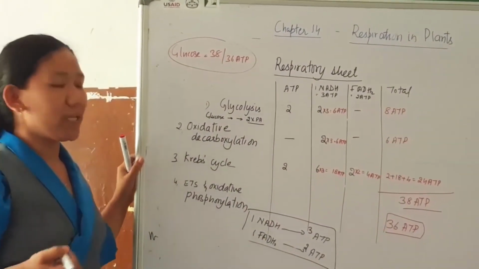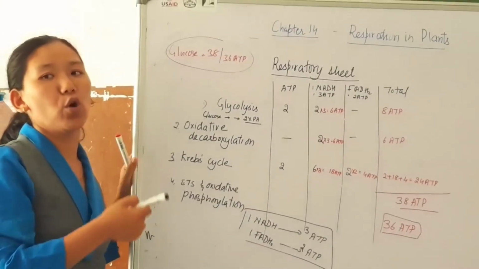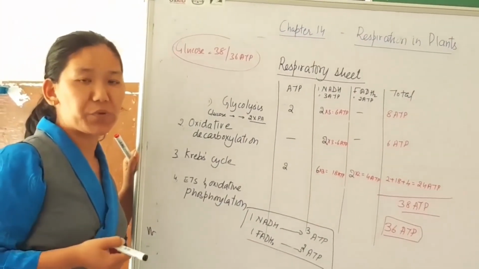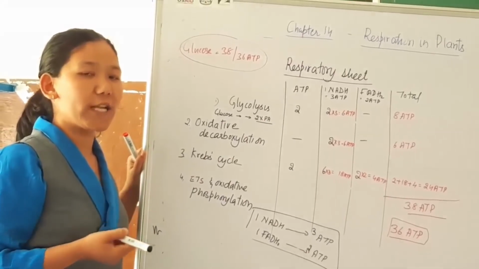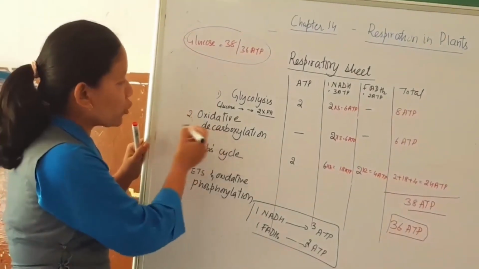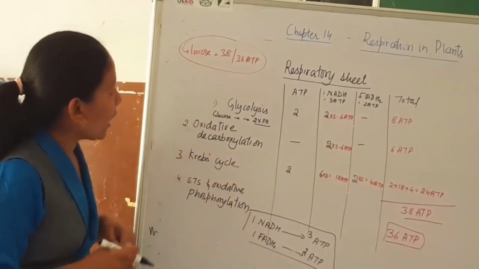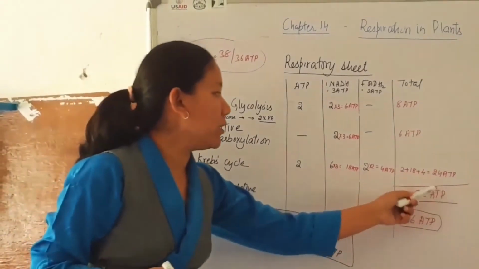And the fourth assumption is that only glucose acts as a respiratory substrate. If something other than glucose acts as a respiratory substrate, then it will join here and there, thereby again disturbing the